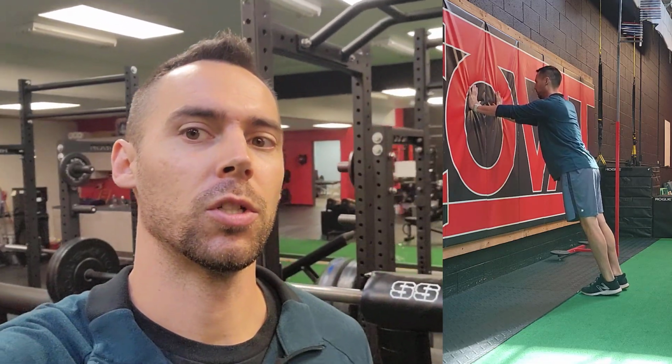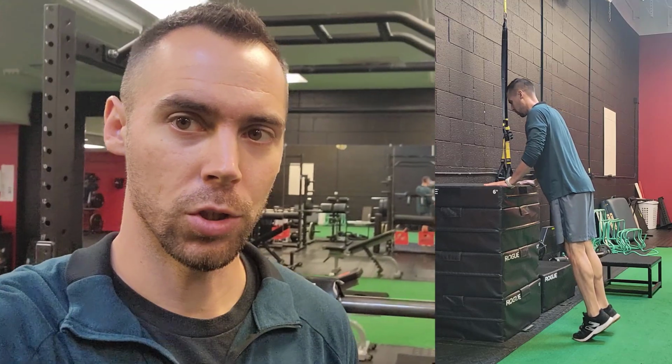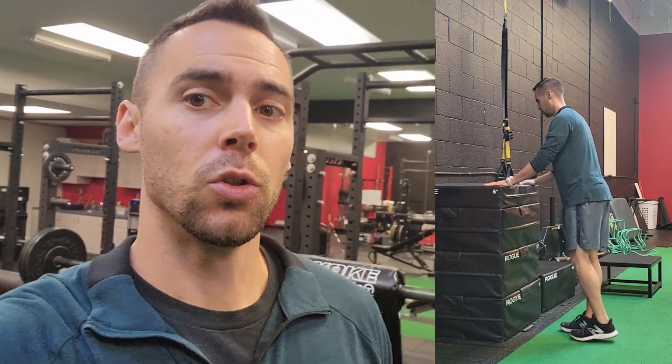Start with 2 feet, lowest level of gravity resistance as possible so I can get all the way onto the ball of my foot, and then slowly start adding more resistance via gravity. You can use your hands as assist as long as you need to go through a full range of motion, but once you can go through a full range of motion in standing, 2 feet, hands unassisted,